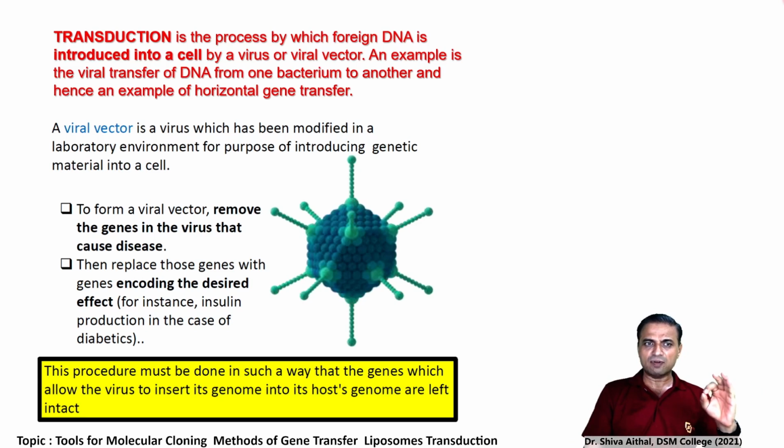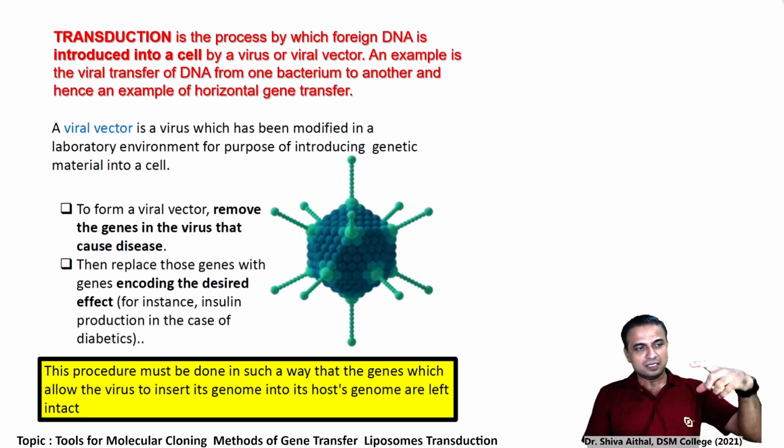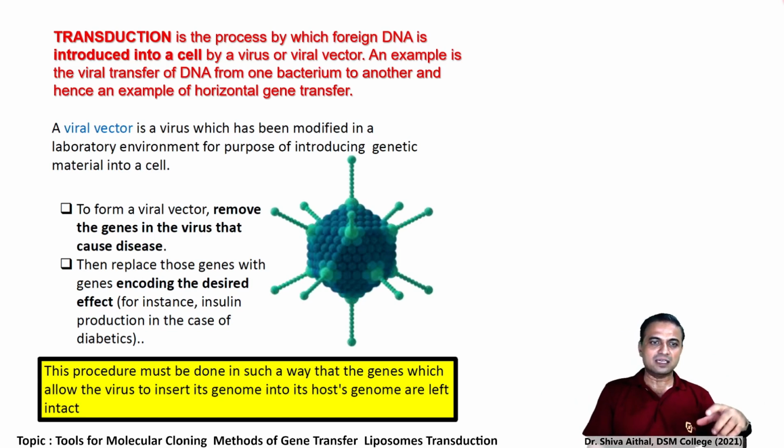To form a viral vector, the genes which are responsible for virulence, that is causing of a disease, are removed. This provides the opportunity to introduce, when the virulence genes are removed, that much space can be occupied by the desired gene of interest. For example, in most cases insulin production, you can introduce a human insulin gene